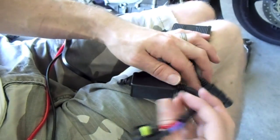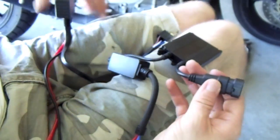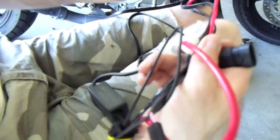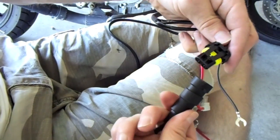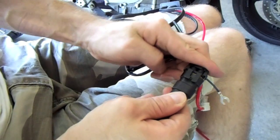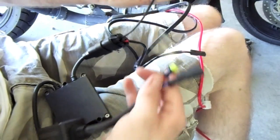There's actually quite a bit of room on the F3 to do that too. Those are the other two plugs that are going to plug into the headlight. That's what's going to connect it to the main harness. You've got a lot of wiring here because this is not a motorcycle specific kit. This is from ddmtuning.com. Just connect that in there,